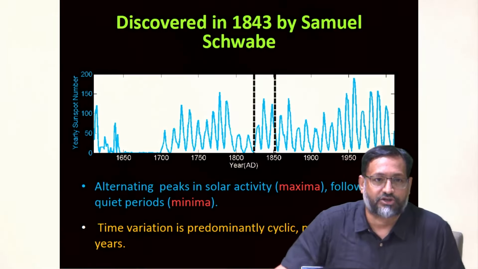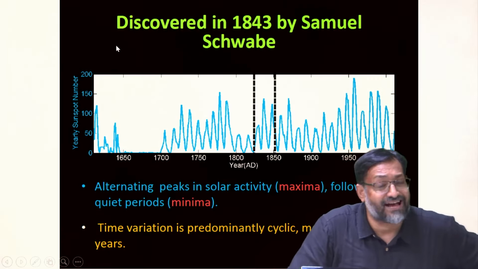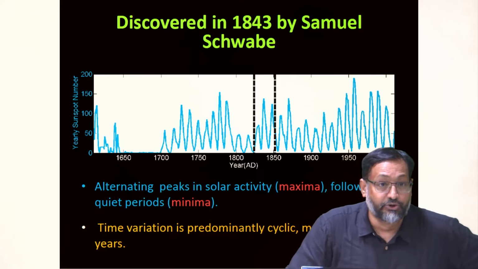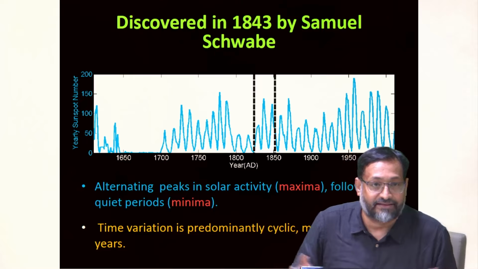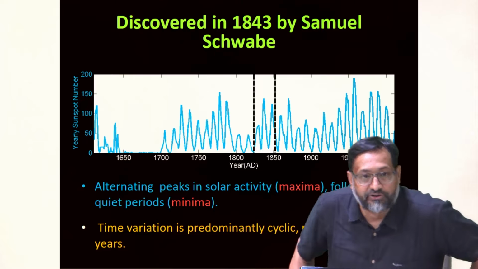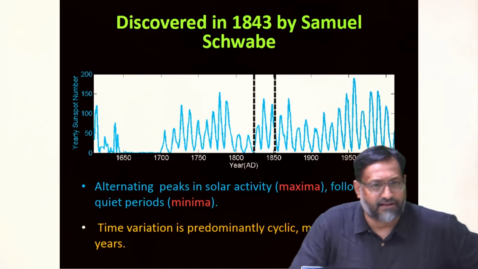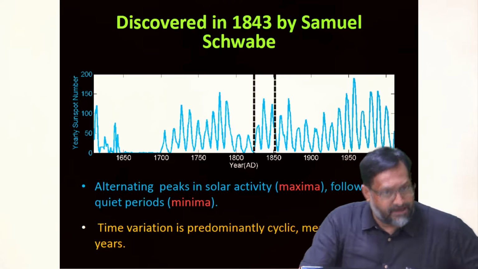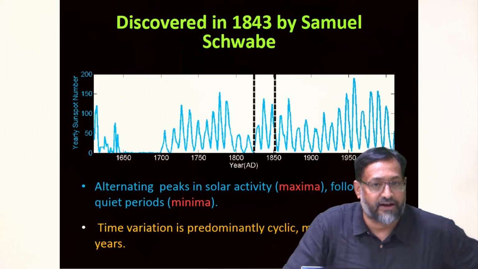Now, to understand this, do we go back and look at the historical data? What this plot is showing you is the number of sunspots as recorded in the last 400 years. The telescope was discovered about 400 years ago, and then Galileo used a telescope and so on. But there were scientists in other parts of the globe, and a lot from China. They looked at sunspots very, very